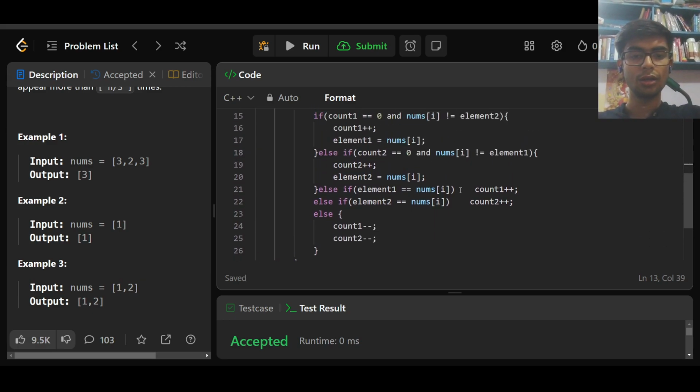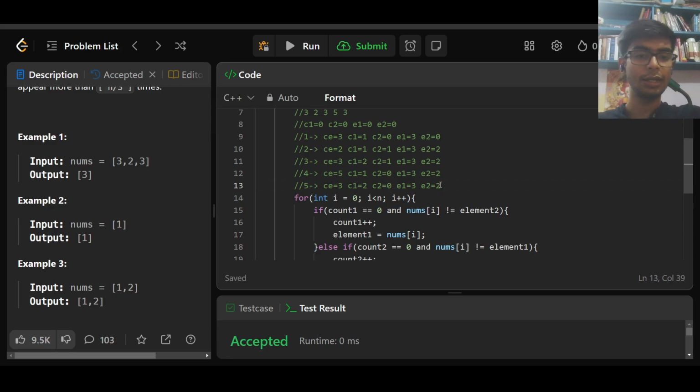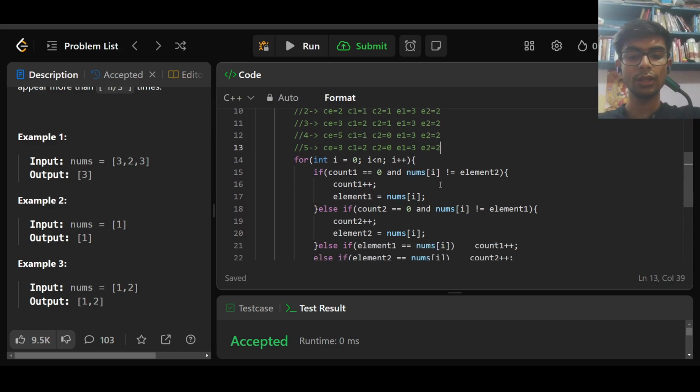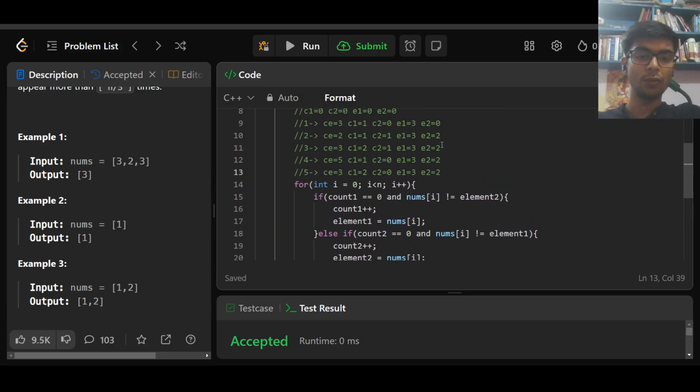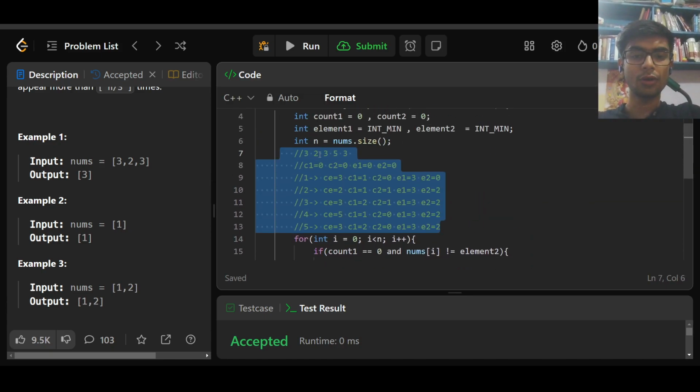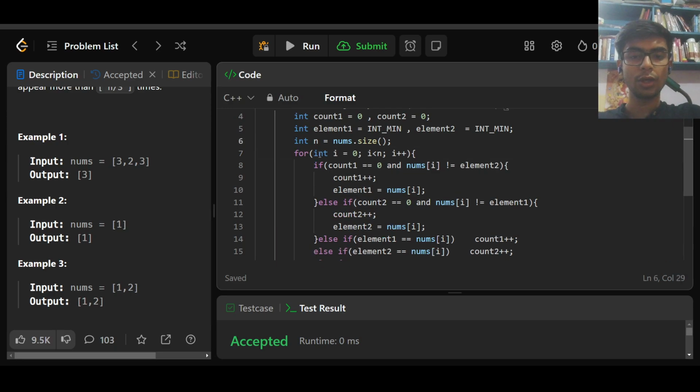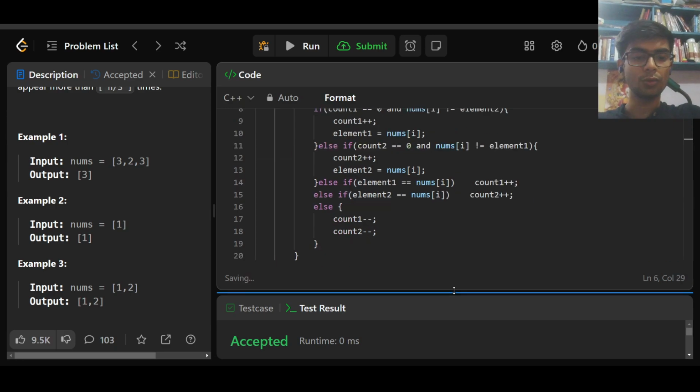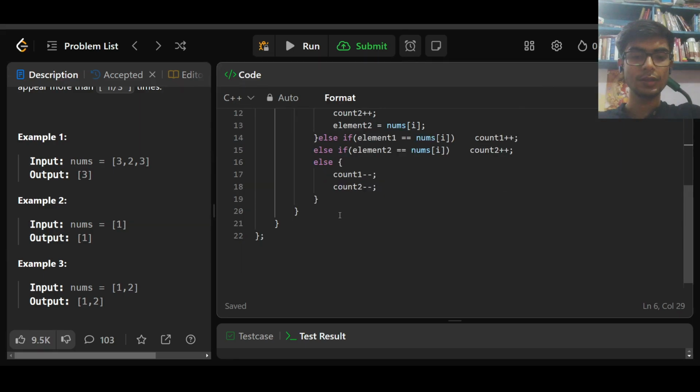Now we have got our element 1 and element 2. We just need to do one more thing. We can have a confirmation of whether we are on the right path or not. So what we are going to do is a confirmation for the code itself. So this is the end of the for loop. After exiting the for loop, I am going to update my count 1 to 0 and count 2 to 0. And then I'm going to iterate again,